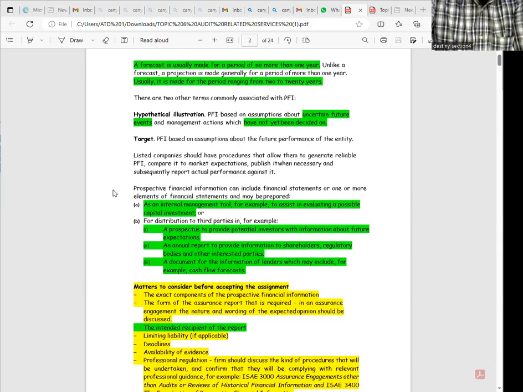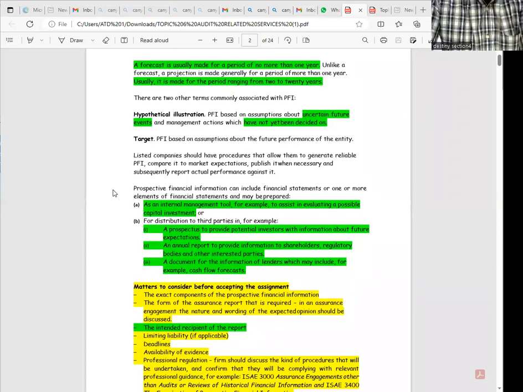The listed company should have procedures that allow them to generate reliable PFI, compare it to market expectation, publish it when necessary, and subsequently report actual performance against it. Prospective financial information can include financial statements or one or more elements of financial statements and may be prepared, one, as an internal management tool, for example, to assist in evaluating a possible capital investment, or two, for distribution to